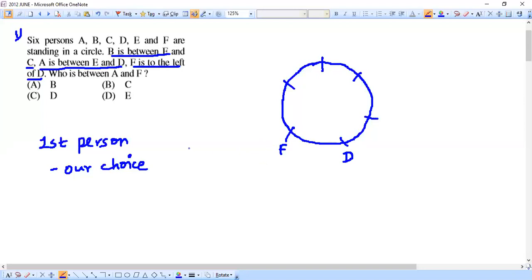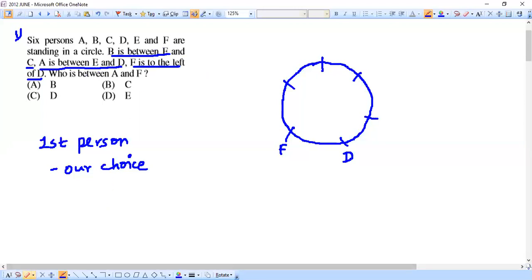And as told in the beginning itself, we are free to fix the first person. Okay, it's our choice. So that's the reason we are fixing D here. Okay, yeah. Now it will be very easy for us to use the other 2 conditions. Now let's start with the first condition. We have already used the third condition. Now let's use the first condition. First condition says B is between F and C. I'm sorry, B is between F and C. That is what is given, right? Yeah, this is actually F. So the way I've drawn is not looking better.